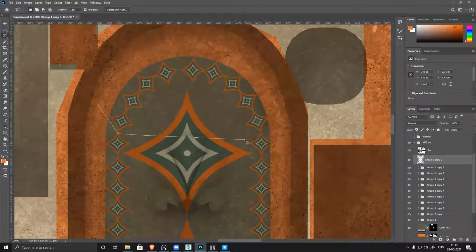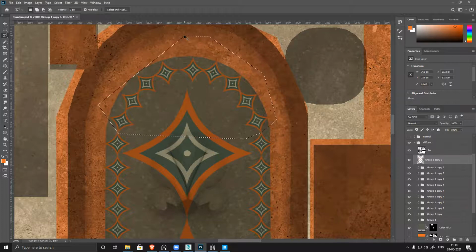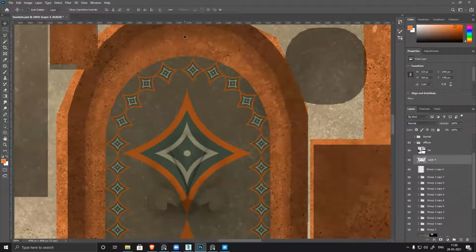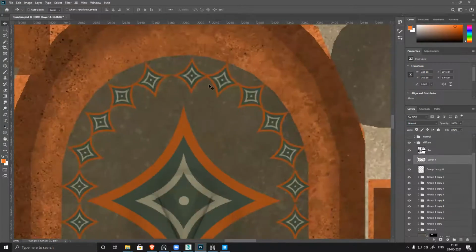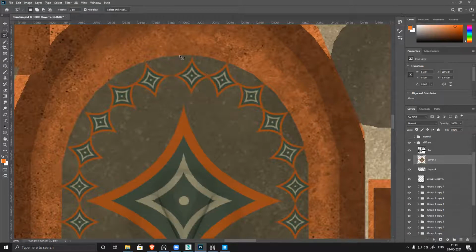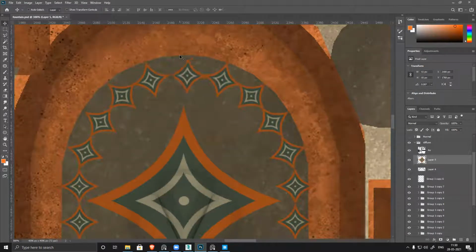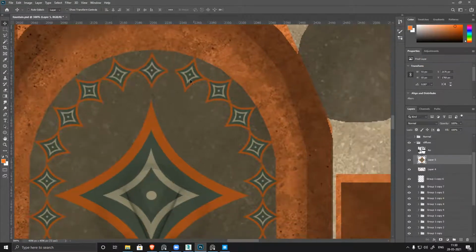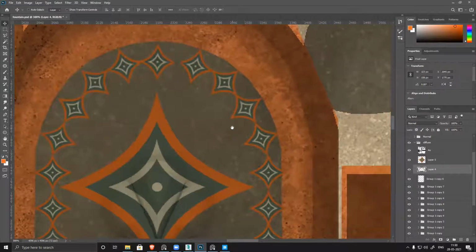Those small things are very important. Control Shift J, B, slightly move it. Plus this one position is not correct. It should be somewhere here. That means this section should move slightly to this side.